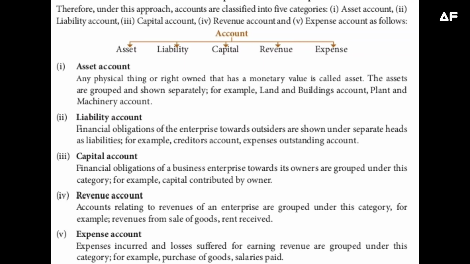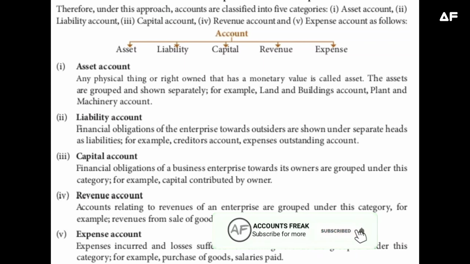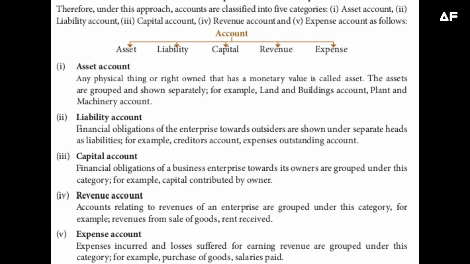Next, revenue. Revenue means the income or profit which a particular business concern earns, and it will be recorded under a revenue account. Later, expense. Expenses are the losses or the expenses which the business has incurred for its day-to-day management, so this will come under the expense account, for example, purchase of goods, salaries paid, etc. A transaction may have an effect on either side of the equation by the same amount, or it may have an effect on one side of the equation by both decreasing and increasing it by an equal amount.